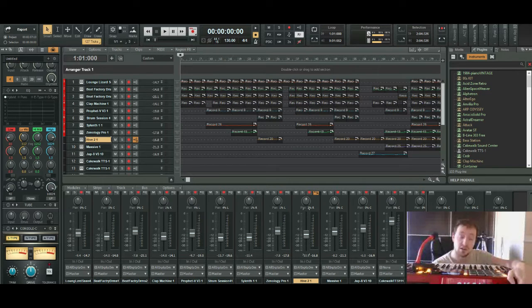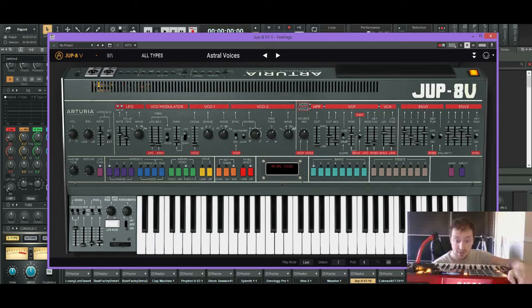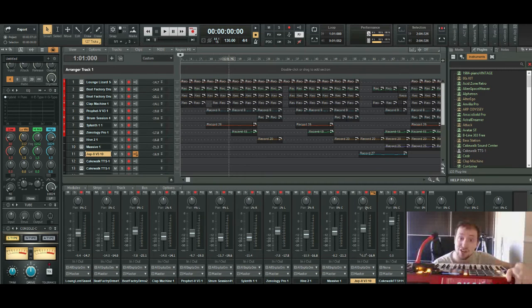And another big update. Finally, after many long years of playing this instrument, I have finally updated my Jupiter 8 to the latest version. That's right, Arturia Jupiter 8 version 3. So this is my new Arturia Jupiter. All the sounds are still there. The only biggest difference is the layout is completely different. But hey, at least it's better than not having a Jupiter 8V at all. And of course, I actually got a brand new Arturia plugin, but we'll get to that in a sec.